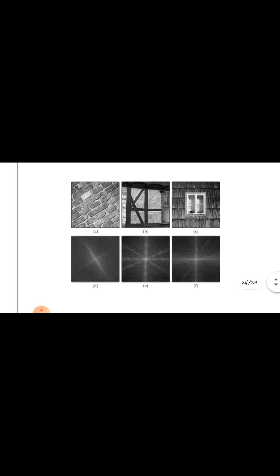Texture is like how rough your image is. So let's say you have a silk cloth and then you have a sandpaper. So the two have different textures. The roughness or the smoothness of the material is changing, right? So when you try to take the picture, that texture will represent how smooth your image is. So for different textured images, you can see how the Fourier transform is changing.